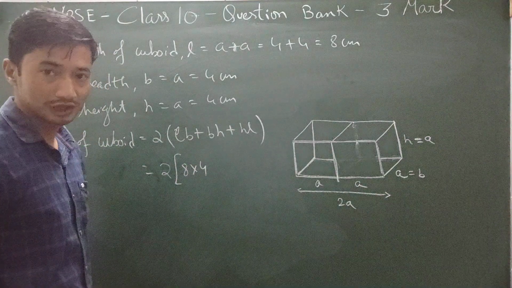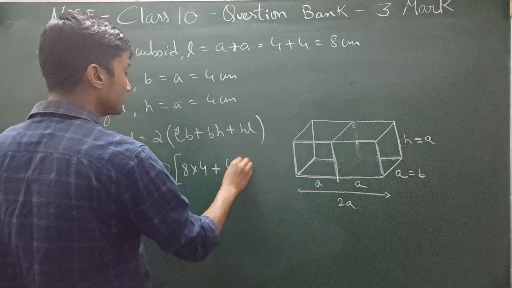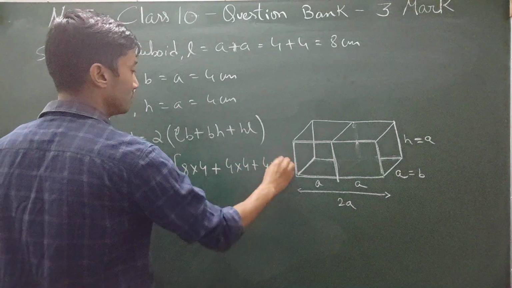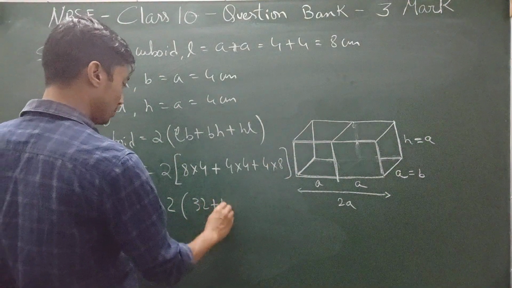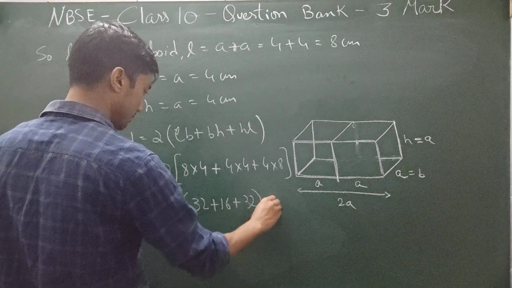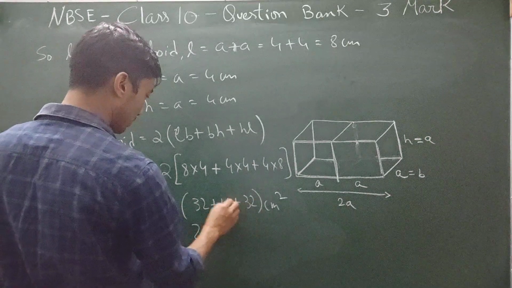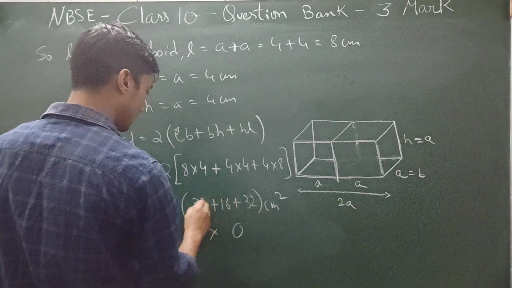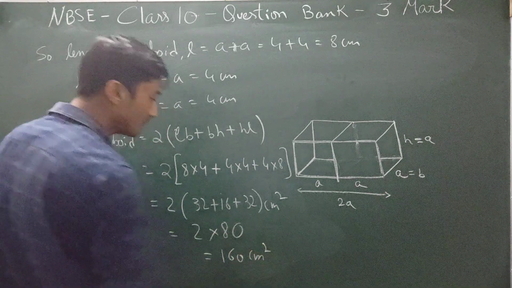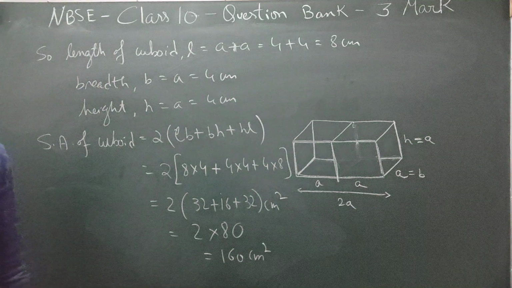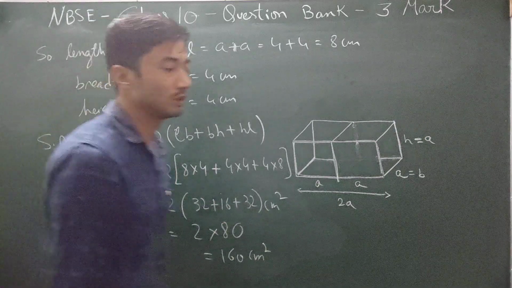Surface area, so the unit will be centimeter square. I'm just skipping that, centimeter into centimeter. Plus B into H plus H into L. That will be 2 into (32 plus 16 plus 32) square units. So that's 2 into 64, which is 160 centimeters square. So this is the surface area of the resulting cuboid, which we get when we join two